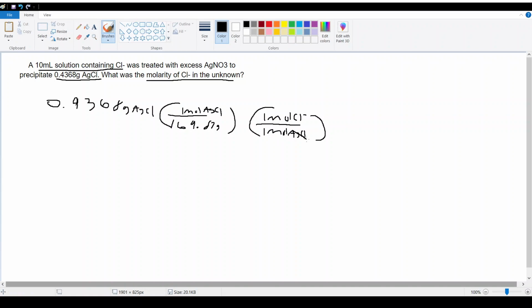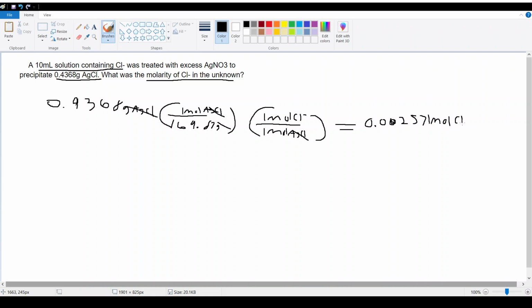Because now we can cancel moles of AgCl, moles of AgCl, grams of AgCl, which leaves us moles of Cl. So after we pop this in our calculator, we're going to get 0.002571